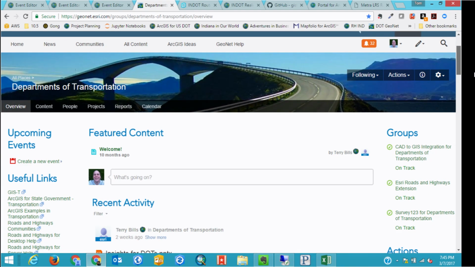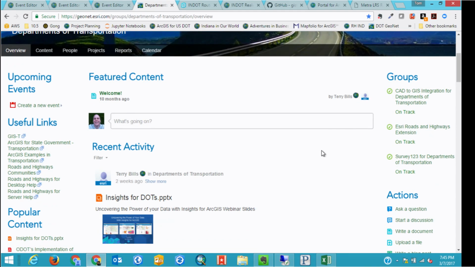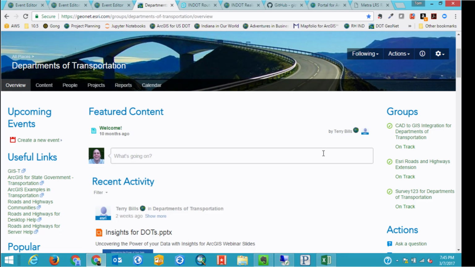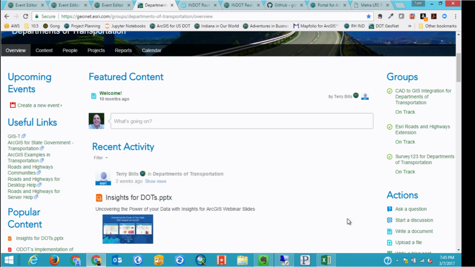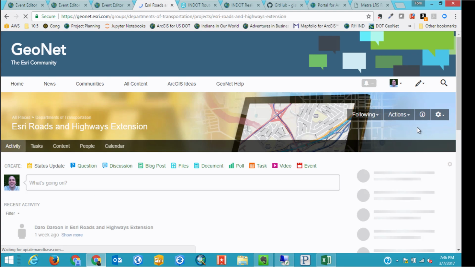Now, this is a shameless plug for our Departments of Transportation GeoNet site. Within this, there's an Esri Roads and Highways extension. So just geonet.esri.com groups Departments of Transportation. And then we have specific areas that are DOT focused: CAD to GIS, roads and highways, and Survey 123, and mobile. So if I click on Esri Roads and Highways extension, the reason I'm taking you here is,